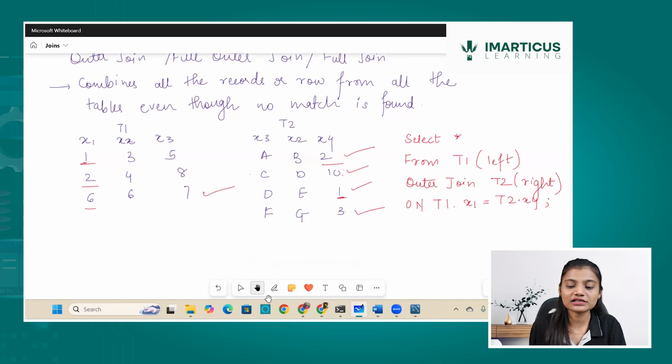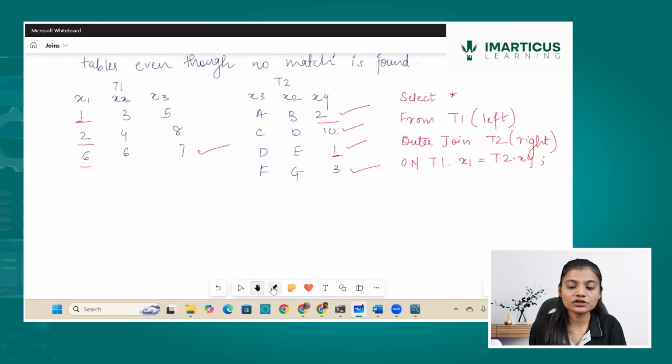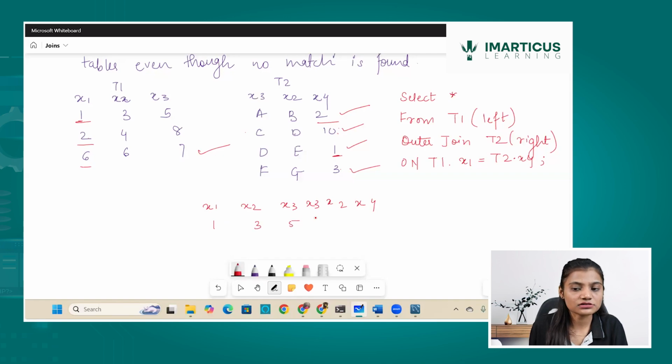So what does the result look like? It looks like x1, x2, x3, x4, x2, x4, and x3 again here. It will show you 1, 3, 5. For this entry x3 related is nothing, so it will show that. For 1, we have D, E and 1. For 2, is it matching?